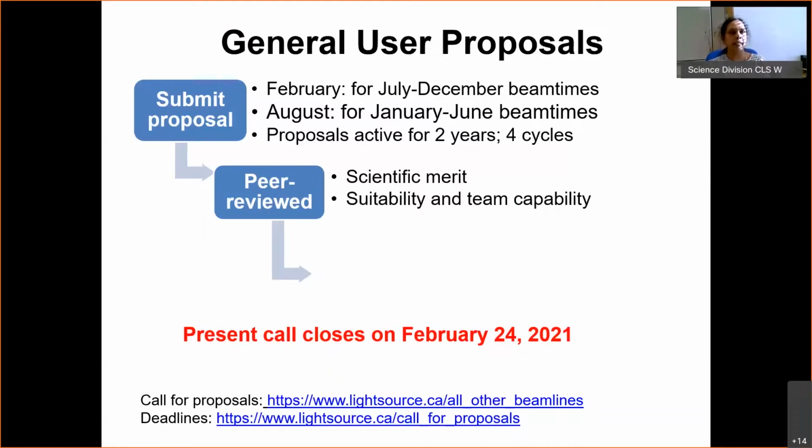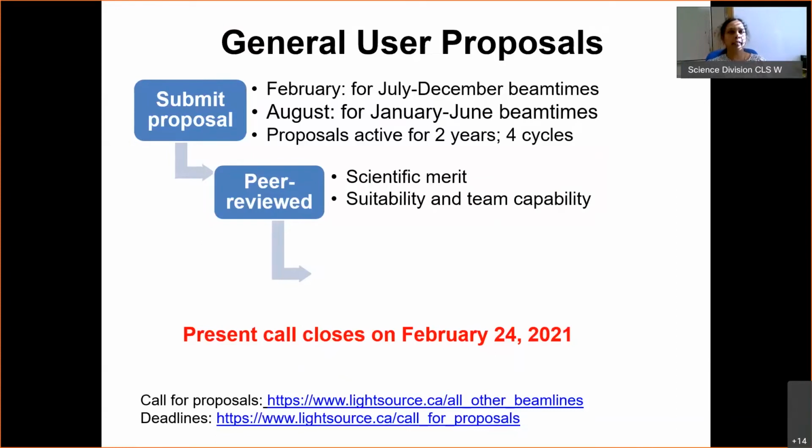So they look at the scientific merit and they give a ranking, from 1 to 5, where 1 means better and exceptional and 5 means poor. They also give 2 other scores, but mainly your proposal will be given beam time based on the scientific merit score or ranking. Okay.